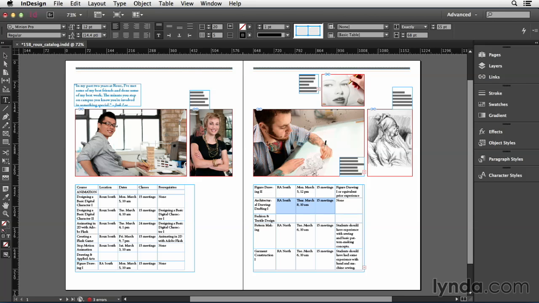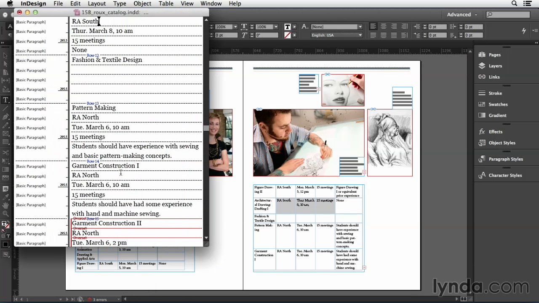But there's a cool trick here that I want to point out before we move on, and that is I could go to the Edit menu and choose Story Editor. You probably remember from an earlier chapter that Story Editor is one of my favorite features, and for tables it's great because it lets me go in and edit tables really easily. I should say I'm editing the content inside the tables, not the tables themselves. In the Story Editor window, I can see all the data from my table, all laid out in rows and columns. It's a little bit confusing at first,